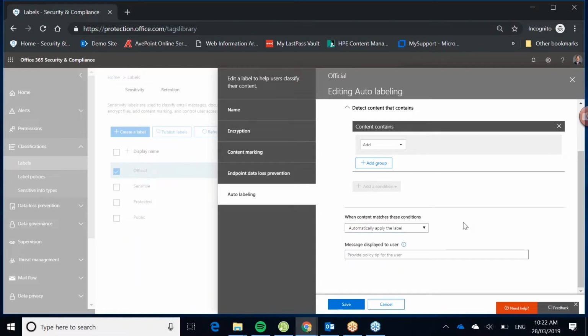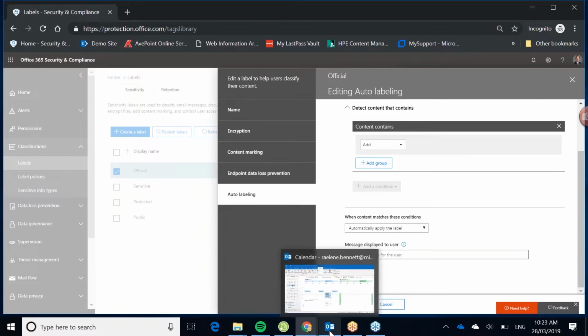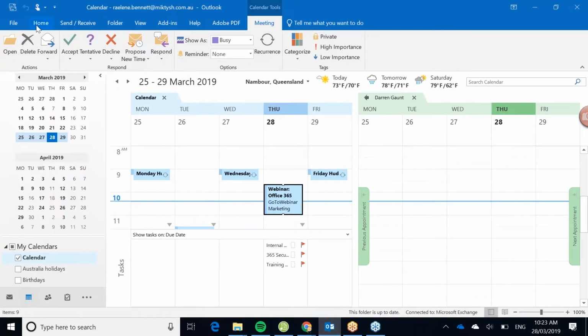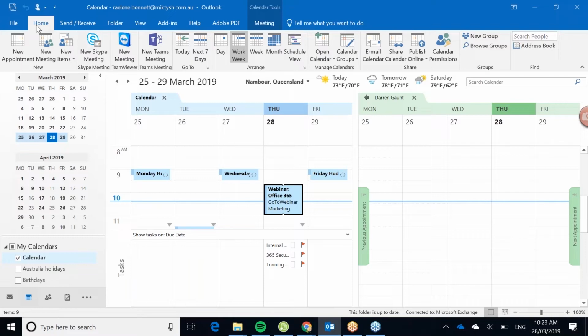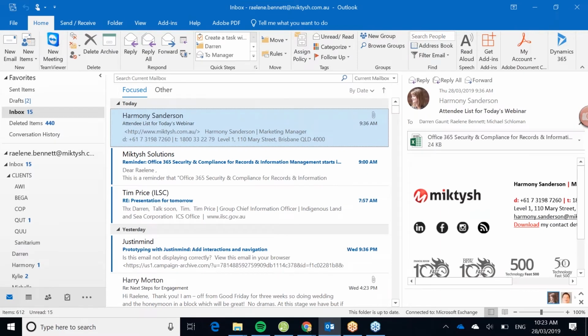So it helps users to understand when they should be labeling content, and it also allows you to display a policy tip to the user, so when they do come to having content that meets those conditions, they'll receive a tip on their screen in order for them to then apply that label. So I'm just going to pop up my Outlook now so that you guys can see how a sensitivity label is actually applied in the Office application. So that's a really important